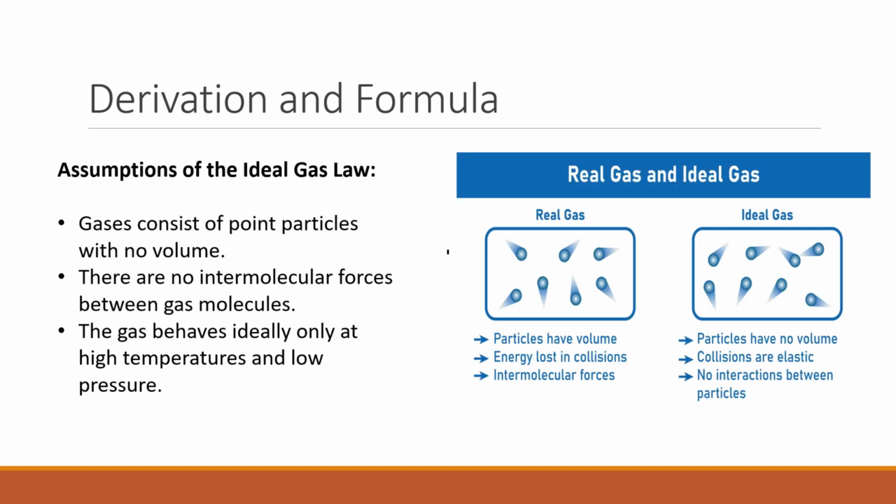The ideal gas law makes several assumptions about gases. The gas molecules are point particles, meaning they don't have volume themselves. There are no intermolecular forces between the molecules. It holds true mostly at high temperatures and low pressures, where gases behave more ideally. At extreme conditions like low temperature or very high pressures, real gases deviate from this ideal behavior, which is why we use modified equations like the van der Waals equation. To conclude, the ideal gas law is